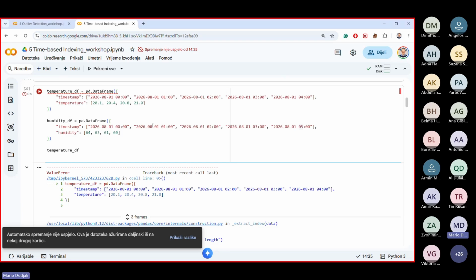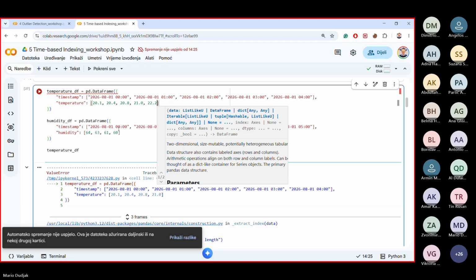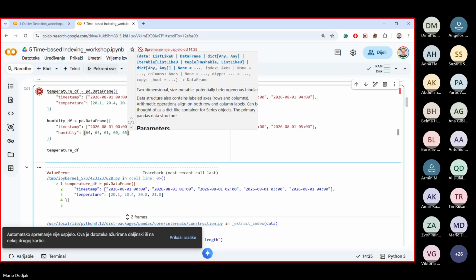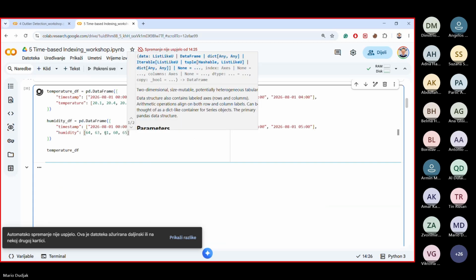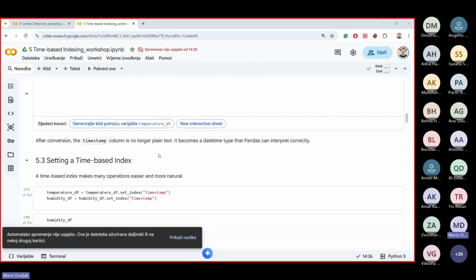I have to also introduce one temperature. Okay, so we now have